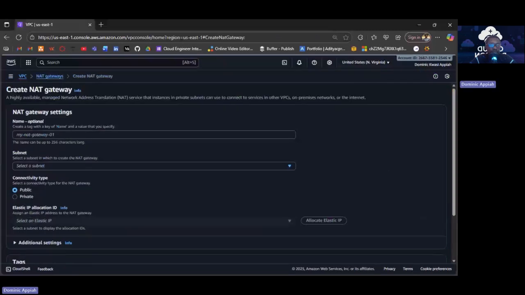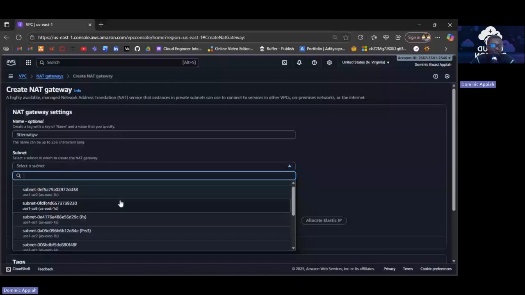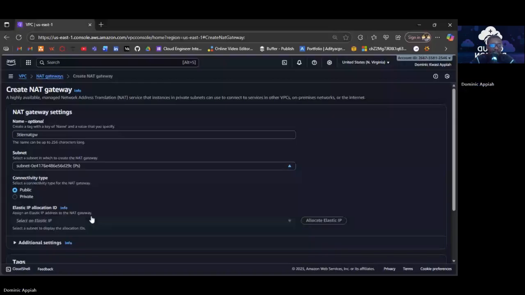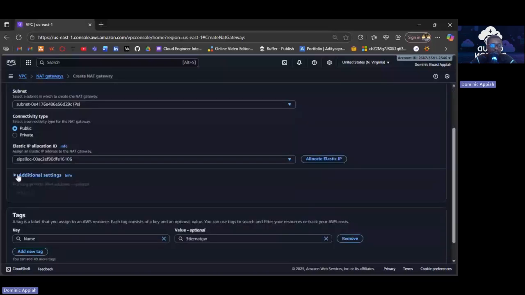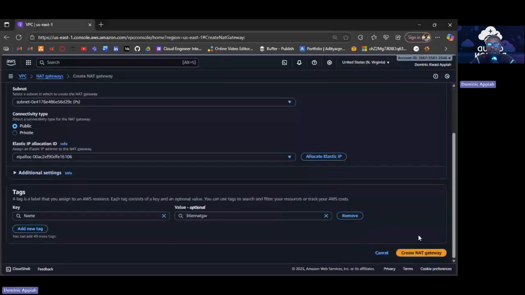Okay, so we can name it 3-tier NAT gateway. Okay, and then we'll select a subnet. It has to be in a public subnet, right? So this is the only public subnet we have, so we'll place it here. And then we'll select the elastic IP that we allocated. Let's see if there's something to see here. Okay, pretty much nothing. We can leave the rest and then create a NAT gateway. So the next thing is after we